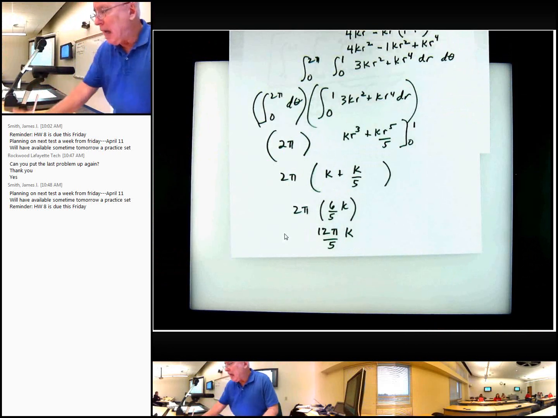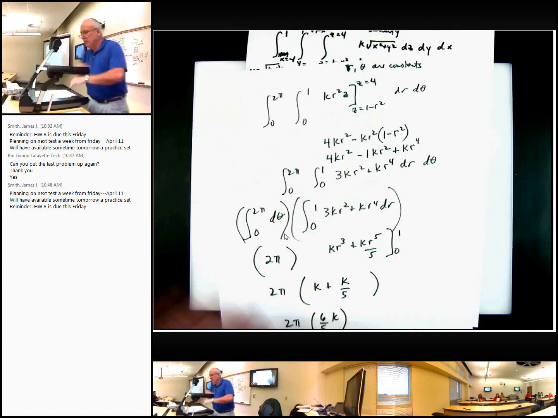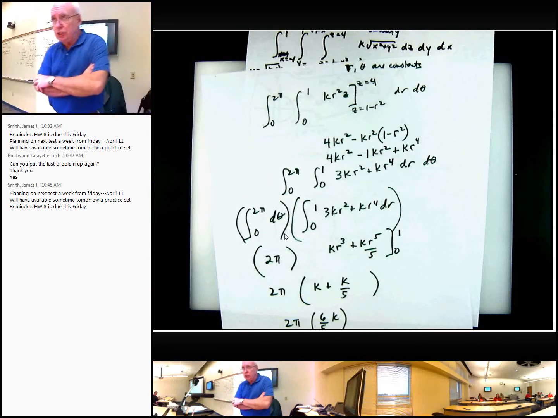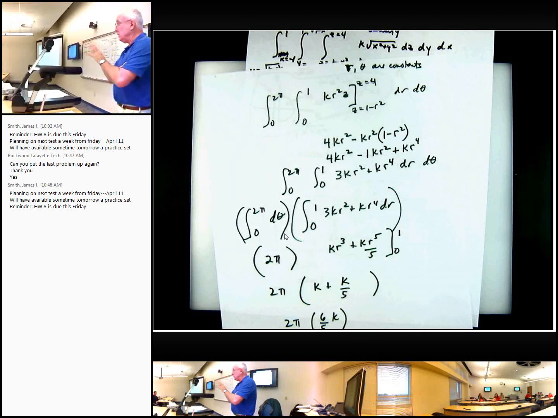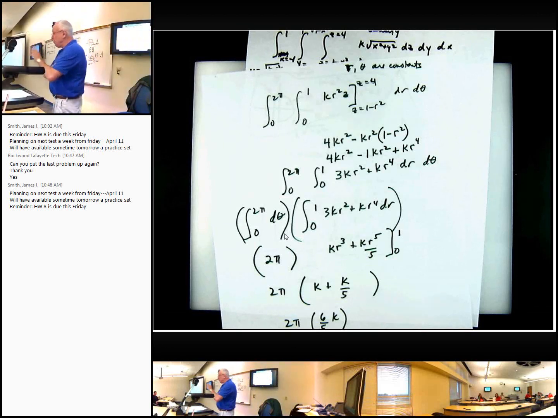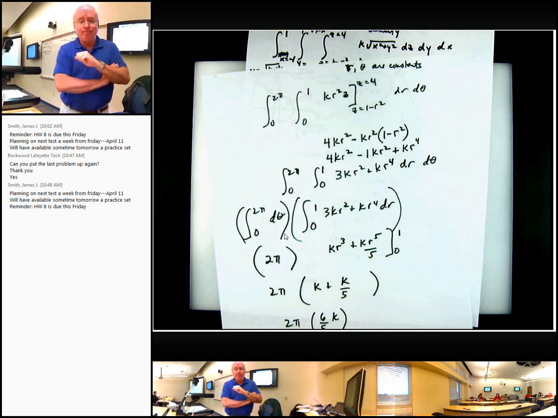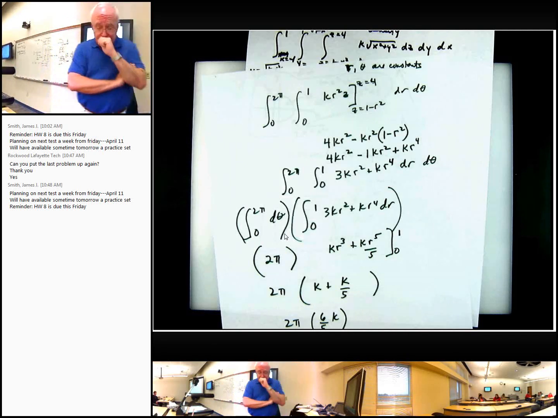Okay. I hope you just have an idea of how to do these. I can't emphasize enough drawing a picture so that you accurately get the bounds of integration, and then convert them all using the formulas to R's and thetas, and then work it out. So basically what we have left here is